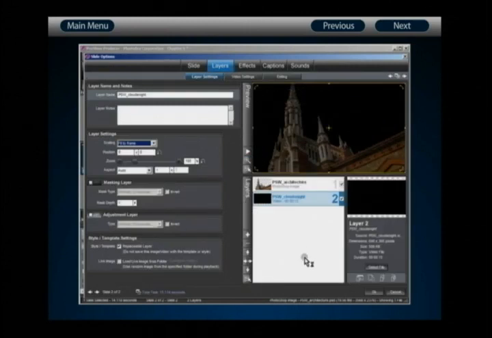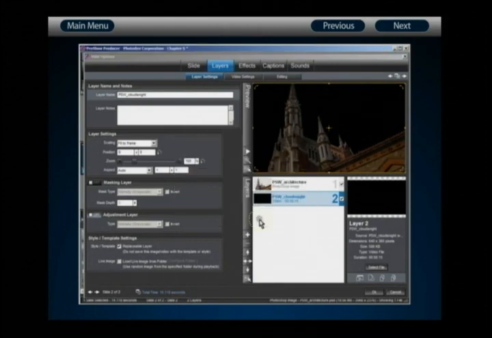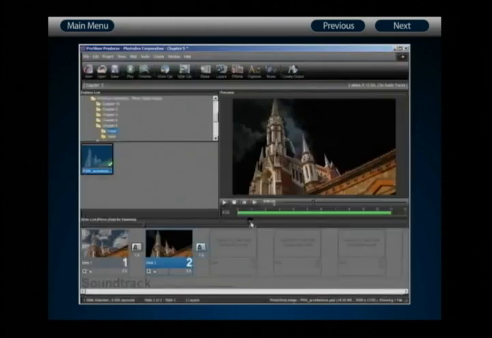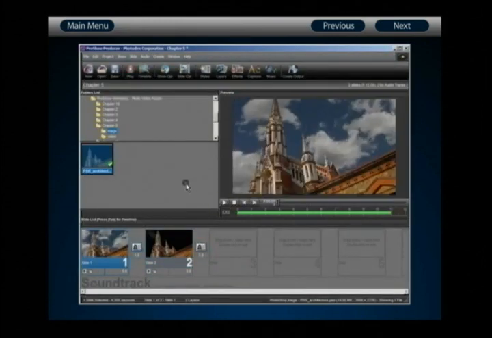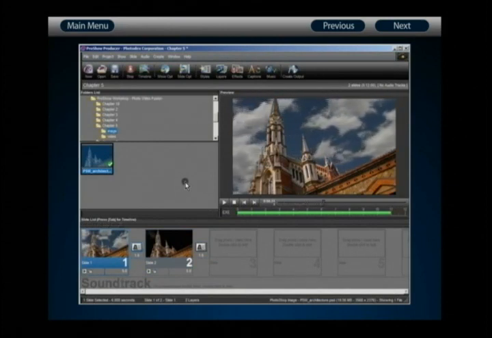With that done, let's change the slide time. Once again, we'll change the slide time itself to 5 seconds, and we'll leave the transition out at 1 second. Now, with that done, let's take a look at what we have. Go back to the beginning here. We can see our clouds during the day, and as we reach the end of this slide, it transitions into